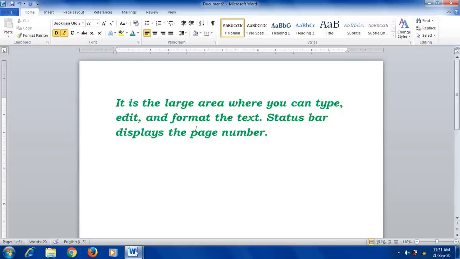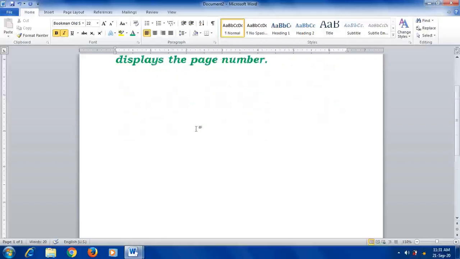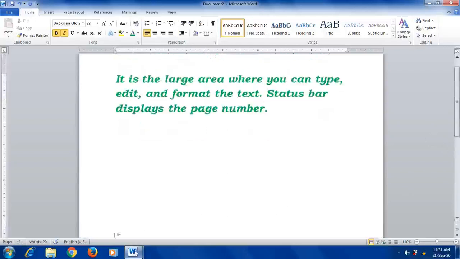Next is the scroll bar. We have again two scroll bars. One is horizontal scroll bar and the second one is vertical scroll bar. Here only the vertical scroll bar is displayed; the horizontal scroll bar is not displayed because we have not exceeded the width. When it gets exceeded, this horizontal scroll bar is automatically activated. There are two scroll bars in the Word window.